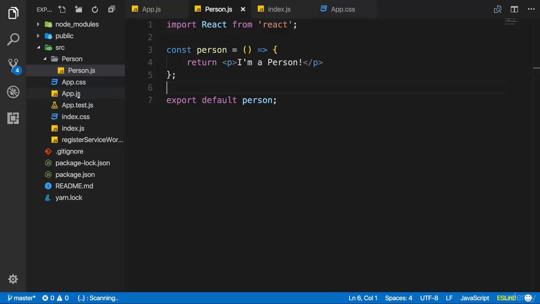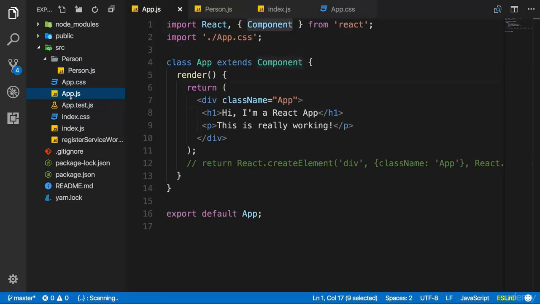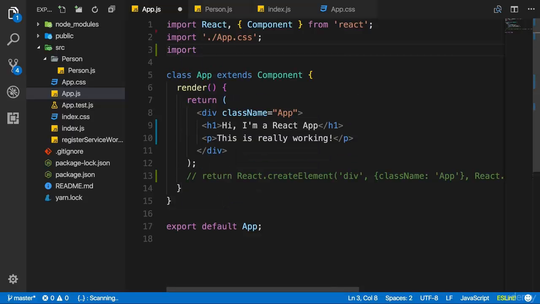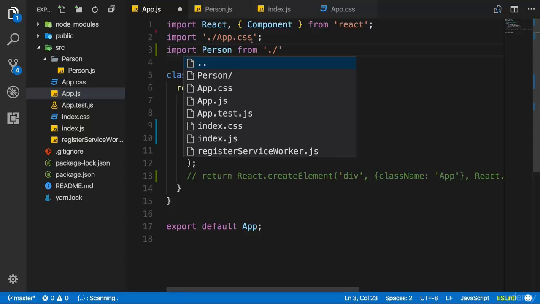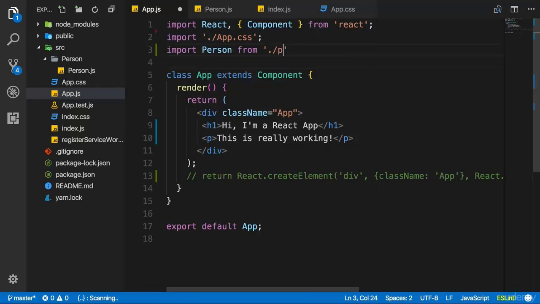Namely, in the only other component, our root component we have yet in the app.js file. There, I will add an import and I will import person. This name is now totally up to you, but it should be the name of your component starting with a capital character from /, because it's a relative path, the person folder, so referring to this folder, which is in the same path as the app.js file, and there the person.js file, though we can omit the .js because it's added automatically